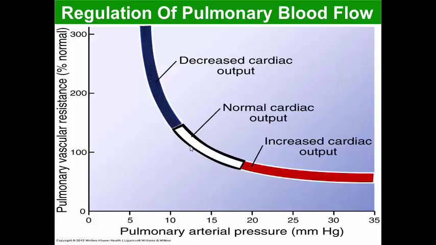At normal cardiac output, this is the normal resistance, which is say 100% of the resistance. At increased cardiac output, the pulmonary vascular resistance is 70% of the normal, and with decreased cardiac output, the pulmonary vascular resistance might double, become 200%, or even triple. It could be 300%,